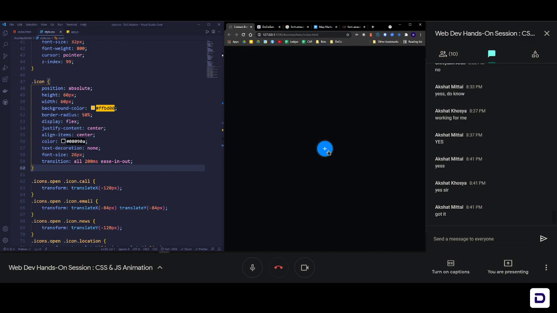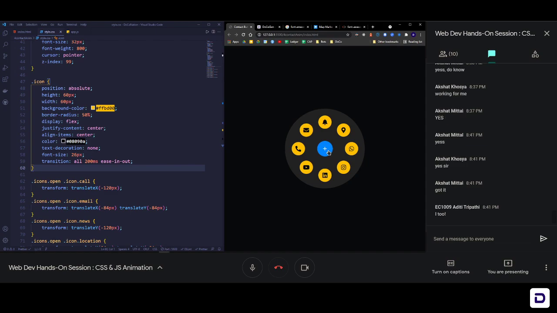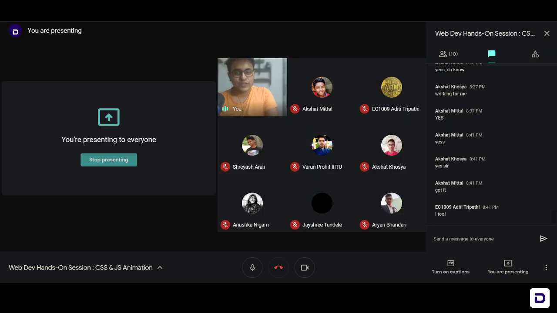So this was all about the contact button animation. The one thing that you might have figured out from this is that most of the time whenever you create a project goes into CSS. So CSS is something that you should master. You should make lots and lots of projects in CSS.